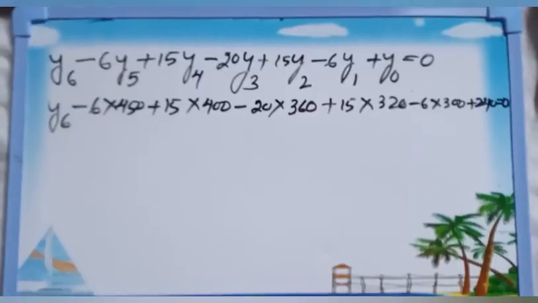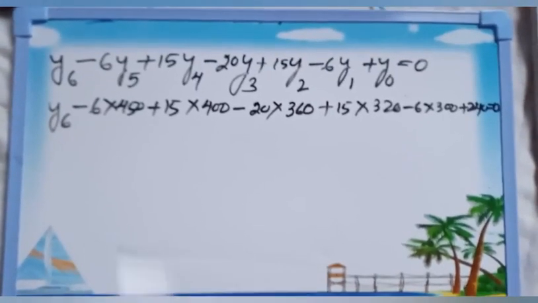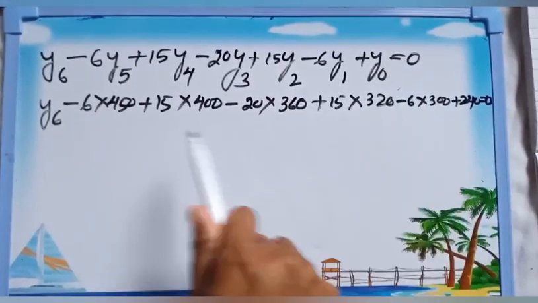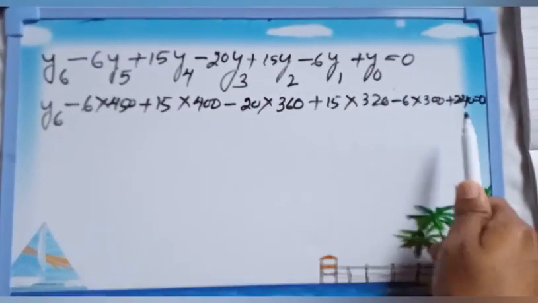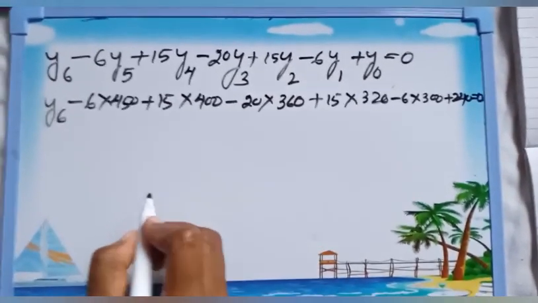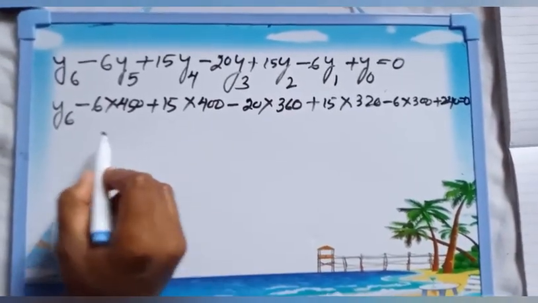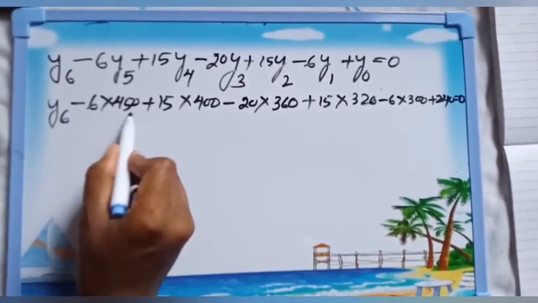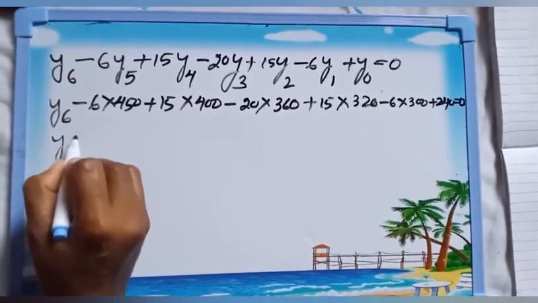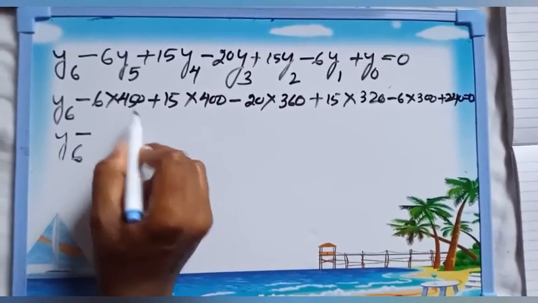We have an equation like this, like y6 and up to y0. This equation, just we put whatever values we had. Okay, then what we have to do here, just we have to see this one, 6 into 450. We have to multiply. You have to write here y6 minus 6 into 450. It will be